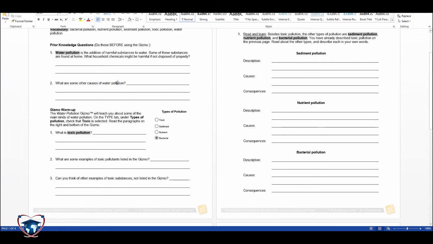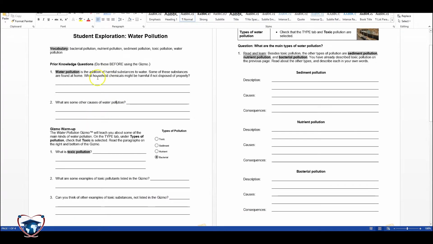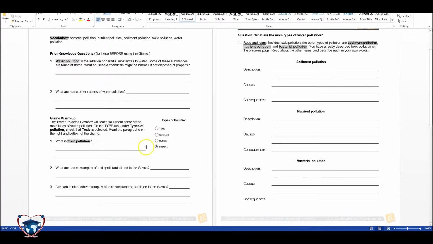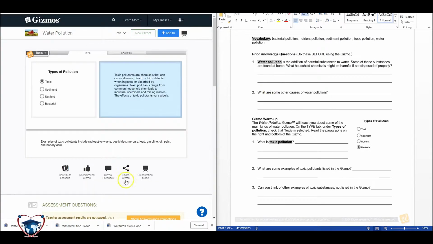Now, if you are going to keep your gizmos digital, whether it be Word, or Google Classroom with a Google Doc, it is important to know that on different gizmos, students are asked to draw or make a diagram. So you're going to have to edit those particular areas and literally just take them right off the electronic document. But as you see, each gizmo lab gives you the vocab, prior knowledge, and a warm-up before they even get into the questions. So they have all of these things to do. Let's take a look real quick